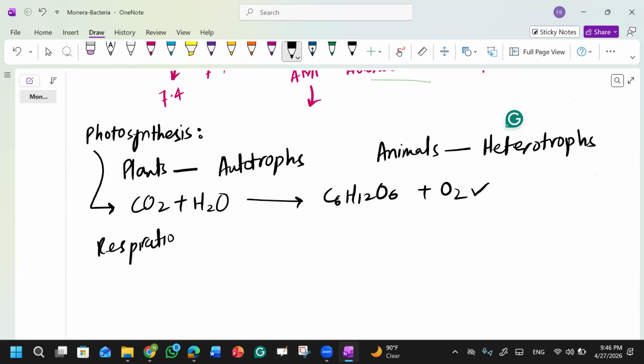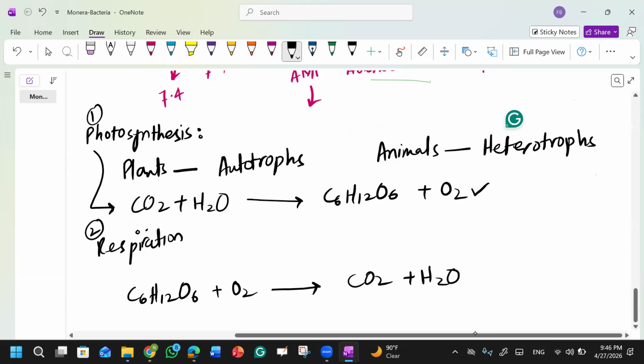In respiration, the glucose molecule will be broken down, and you will get carbon dioxide and water. Clear? So this is what I was asking you, that in plants there is photosynthesis as well as respiration happening at the same time. Photosynthesis happens in the daytime, but respiration happens 24 hours in plants. Okay, and in our body there